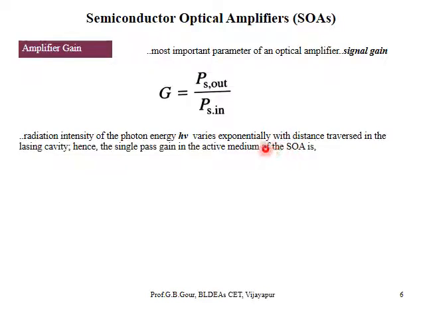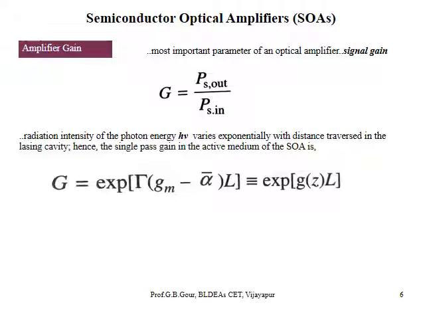So because of this, there is an exponential variation in the radiation intensity with respect to distance in the lasing cavity. Okay, so we can see some equation here, given by this typical equation. All I want you to remember is this typical one. It will indicate that the variation of the gain is directly proportional to the length. So remember the amplifier gain mathematical discussion, mainly we are focusing on the distance here. And you can see the exponential variation with respect to L, the length.